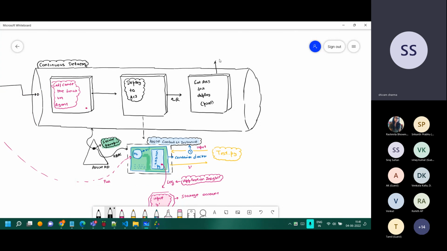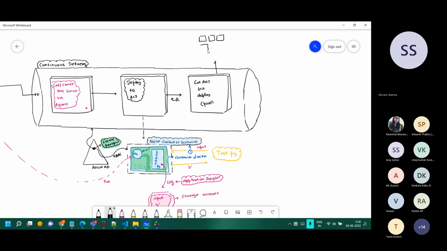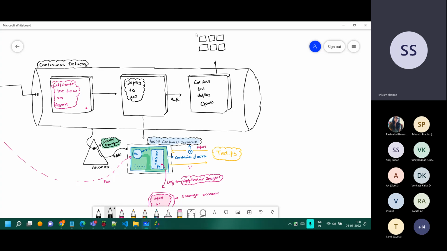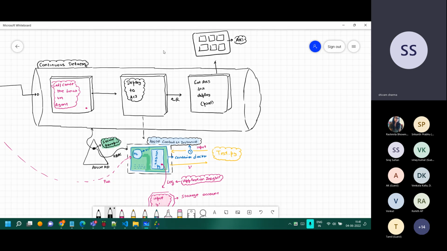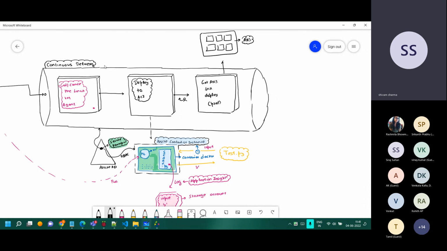I'll take this point over here, and that's the Kubernetes cluster where finally it gets deployed. So AKS deployment like this. Now, if I'll just correct this, this is continuous delivery till here.